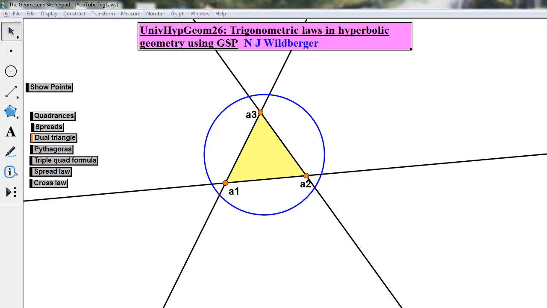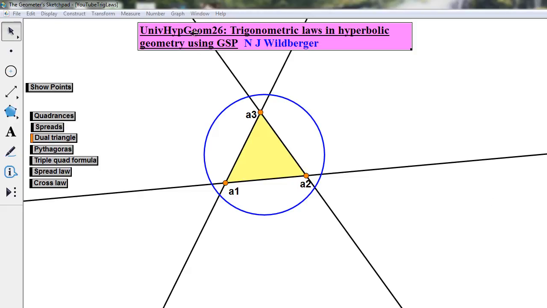Now, in Universal Hyperbolic Geometry, which is a wider and more accurate and arguably more beautiful theory of hyperbolic geometry, the main metrical notions are not distance and angle as they are in classical hyperbolic geometry, but rather quadrance and spread. These are purely algebraic notions that can be computed accurately and precisely in many situations. And those are the concepts that we're going to be talking about today.